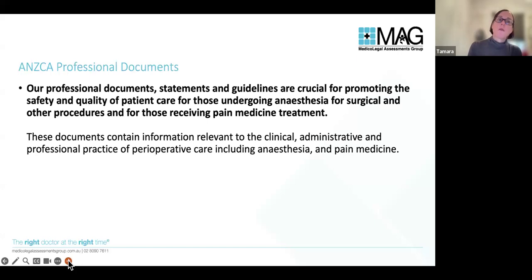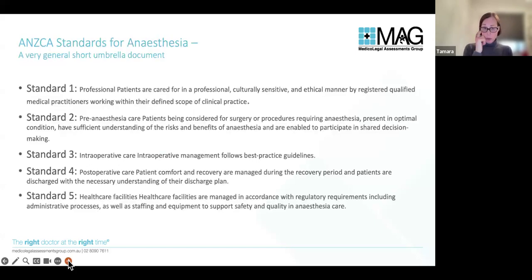So this is an extract from the Australian-New Zealand College of Anaesthetists site, where you can readily see all this. They have a statement that the professional documents and so on are about safety and quality of care. There's an umbrella document which is intended to be read by the public as well as by clinicians, which is about 5 pages long, and it just talks about that there need to be standards and what the standards are in terms of our general management of patients, pre-anaesthetic, intraoperative, post-operative care, and also our relationship to the adequacy and safety of services in any healthcare facilities that we're working in.